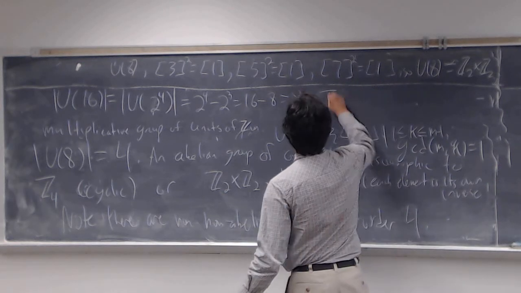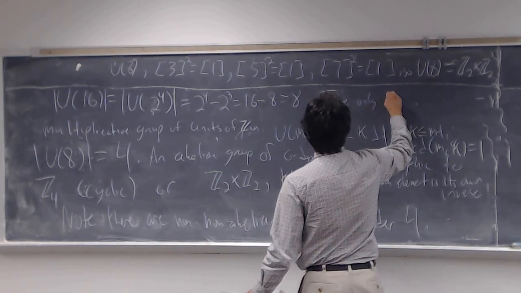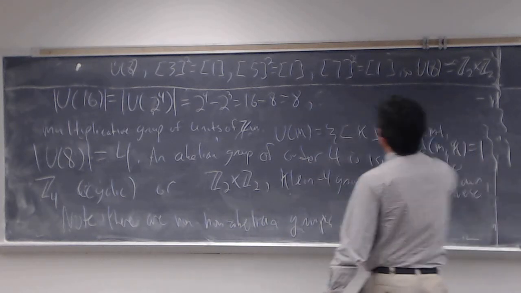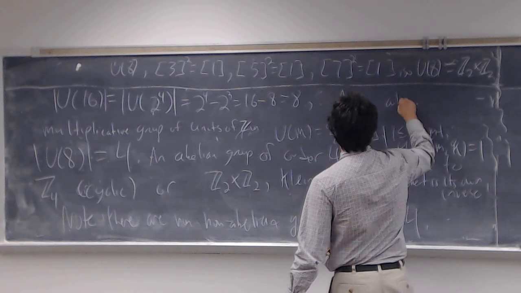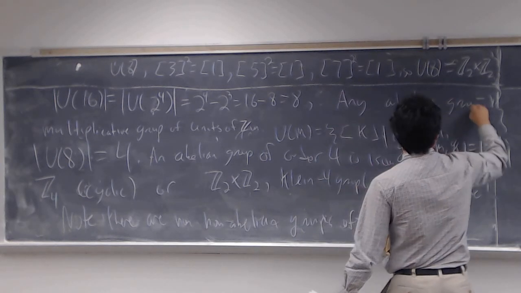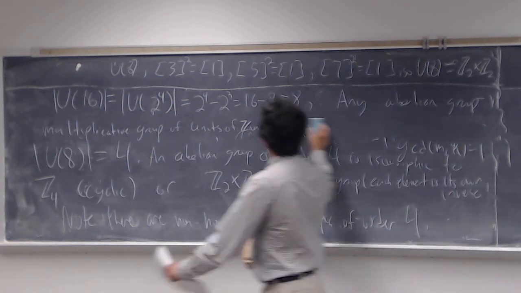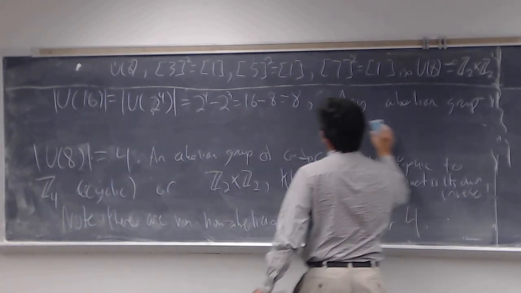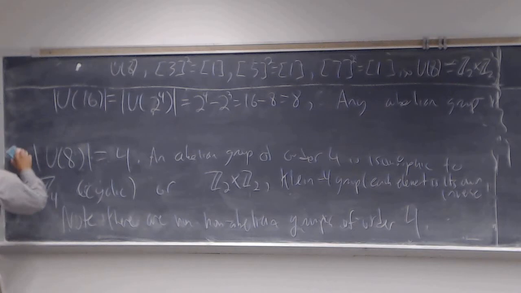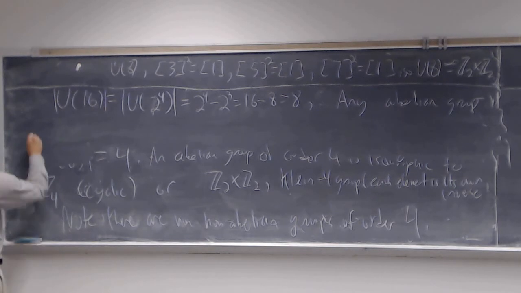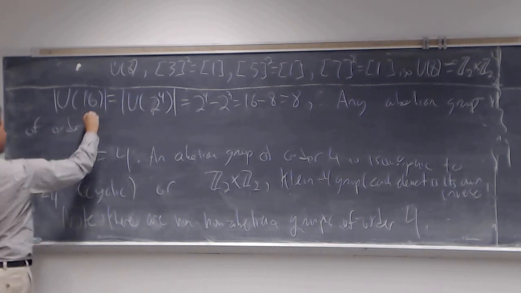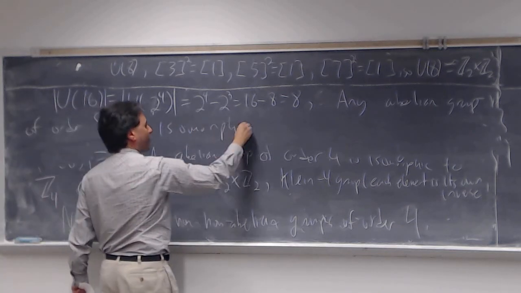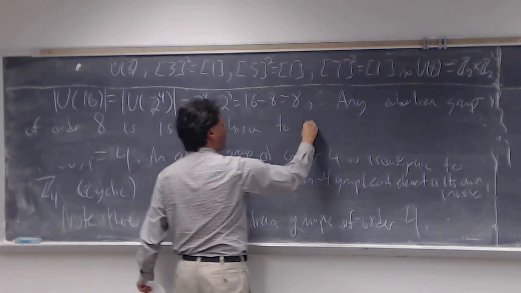So any abelian group of order 8 is isomorphic to one of